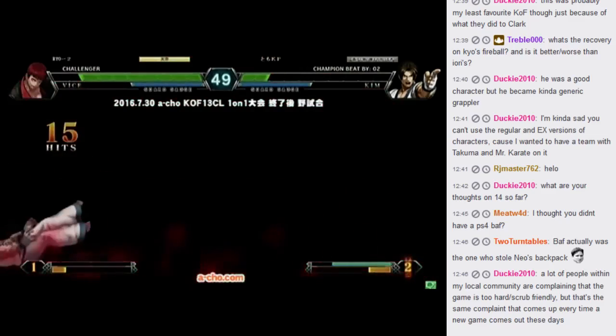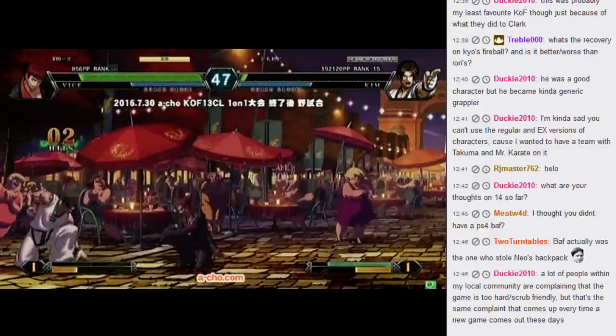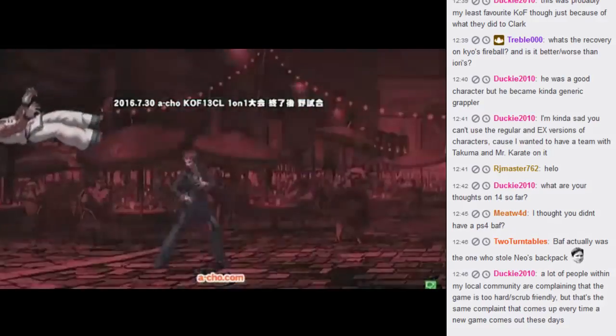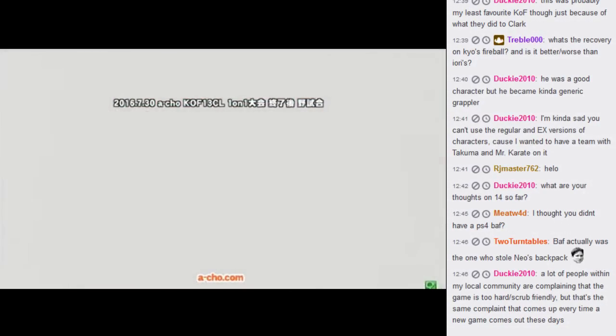That wasn't an optimal combo. But I really like... He couldn't kill even with an optimal combo, even if he used the extra bar. And the bar was better in footsies, so...